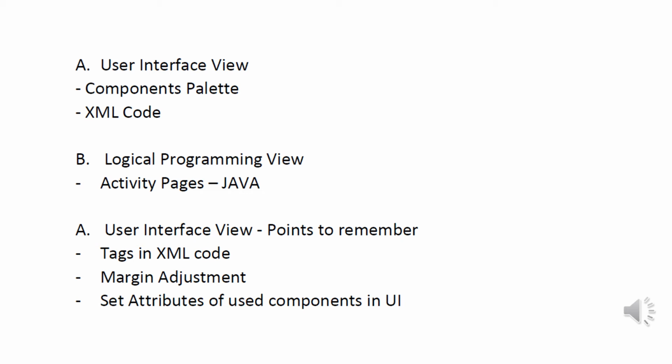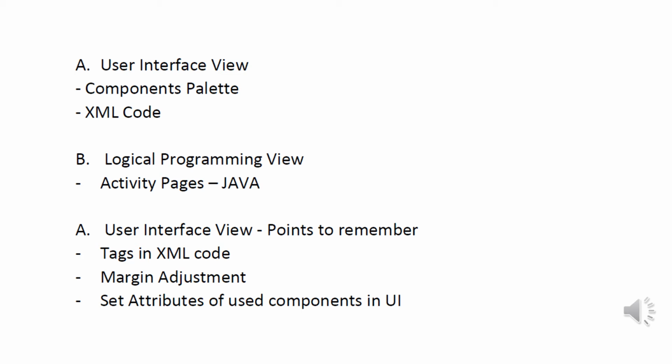And after that you can set the attributes of used components in user interface. Now how to set attributes, as I have already mentioned previously, if you single click on the desired component, it will display the set of attribute properties of that particular component, out of which you need to set the id of that particular component. Now this id you can set based on your requirement, but you should remember that id, because the same id will be referenced further within your